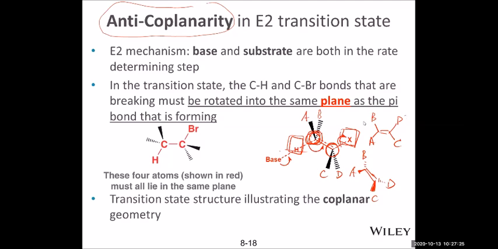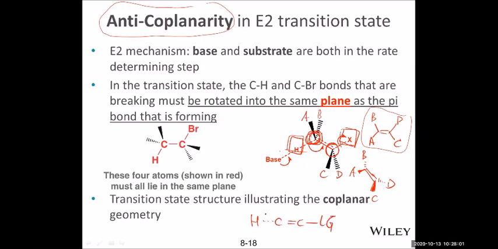This is one of the isomers. If this one's the E isomer, the other possibility would be the Z. In our elimination, we find only one of these two, not both. And when that happens, it's simply because the alignment between the hydrogen and leaving group and the two carbons that will form the double bond have anti-coplanarity. Anti-coplanarity sounds very hard. Put it simply, it's the hydrogen and the leaving group